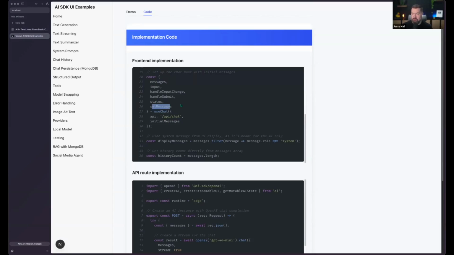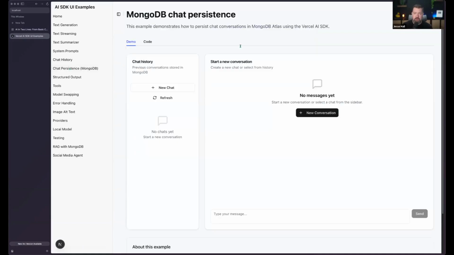So this is basically a use state hook built into this use chat hook. And of course, with any React application, you use a use state hook. You refresh the page, that state gets deleted, right? So this is expected. But we have this in-memory messages array built into the Vercel AI SDK. So how can we implement some memory persistence? Well, we could use something like MongoDB to implement this persistence.